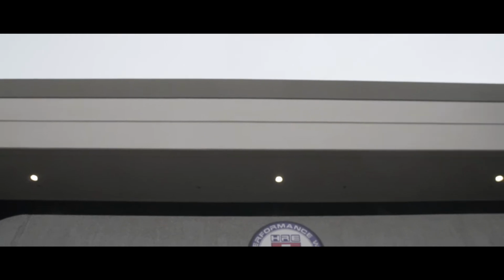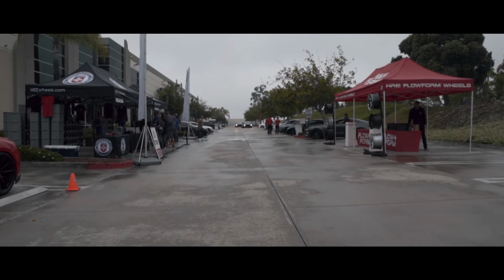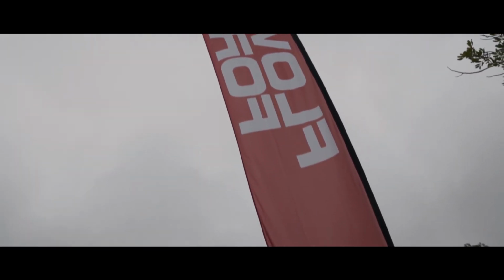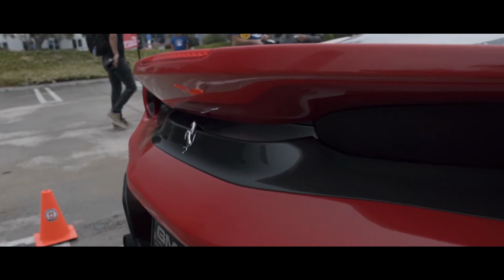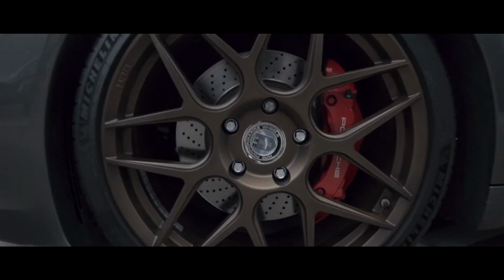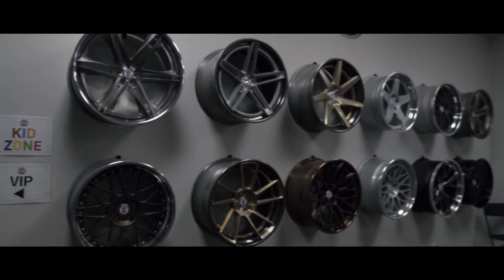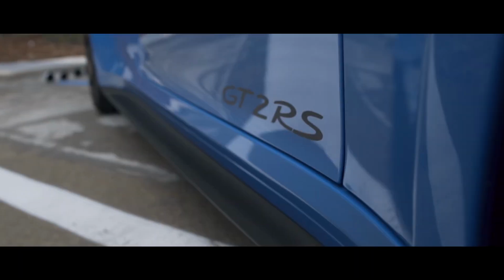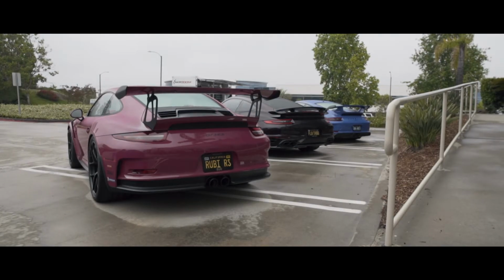For those of you guys who don't know what HRE is, let me quickly explain. HRE Performance Wheels is a high-end wheel designer and manufacturer based in Vista, California. What makes their product stand out and design apart from the other brands is their attention to detail within every step of their forged aluminum alloy wheels. Its loyal customer base is made up of all car enthusiasts, from the stance community to the niche hypercar owners all over the world. Only a handful of selected car dealerships, specialty retails, and performance companies carry the respected brand